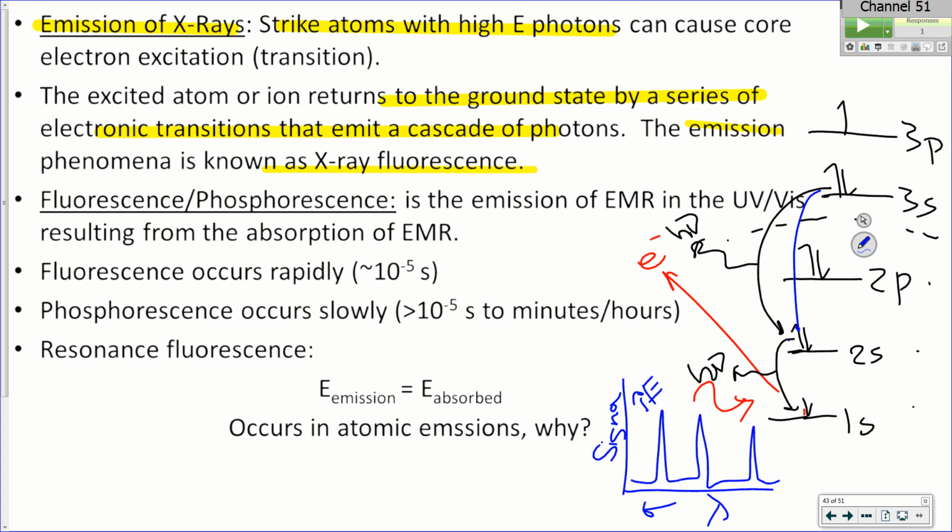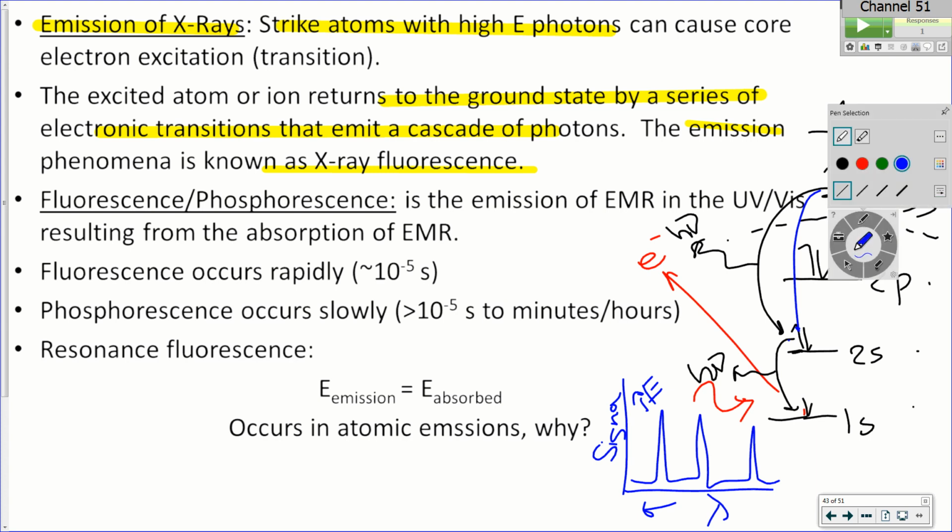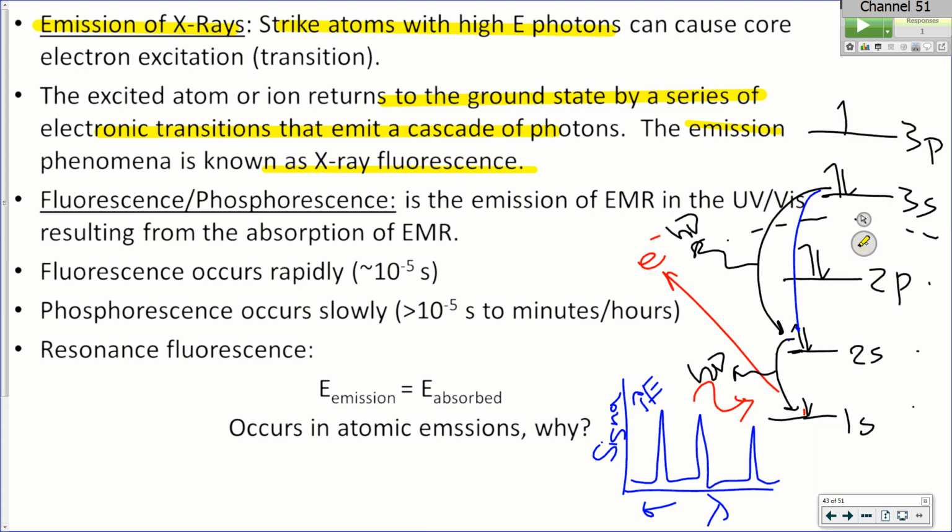You can just quantify it just by the filters. Exactly. Now it's a little harder to quantify with this technique, but it certainly can be done with a good degree of accuracy. So there are two particular techniques that we look at that are first cousins: fluorescence and phosphorescence, that are the study of light that's emitted by the absorption of radiation. So you strike it with UV-vis light and you look at the light that's emitted back off. Or in the case of X-ray fluorescence, you're actually striking it with an X-ray and looking at the light that it gives off.